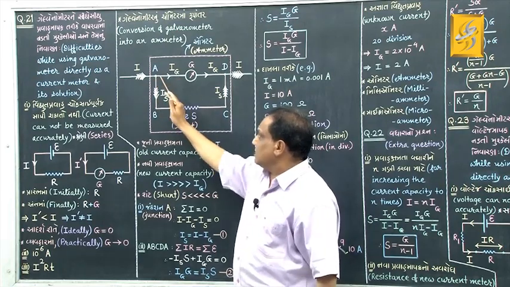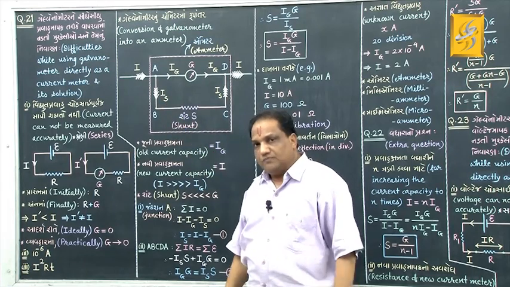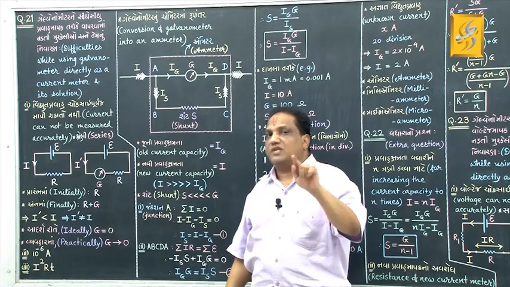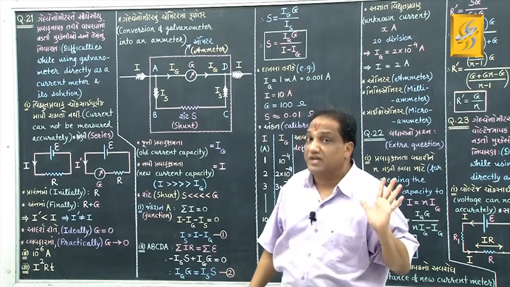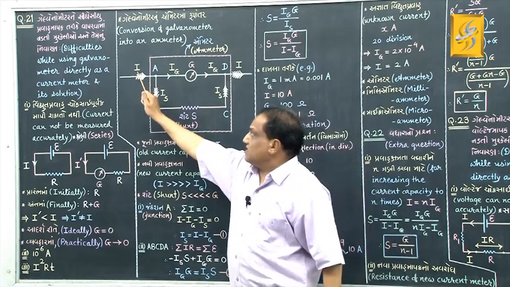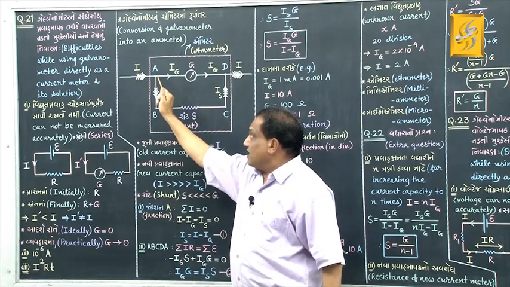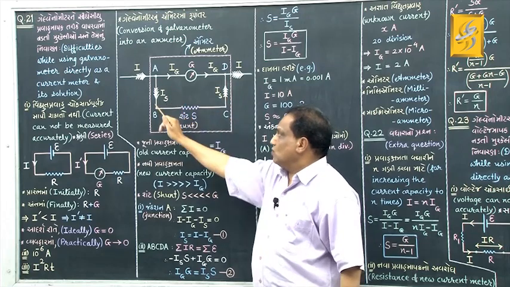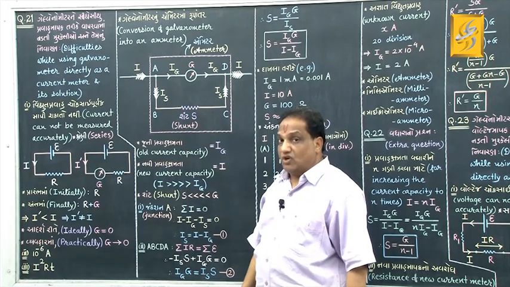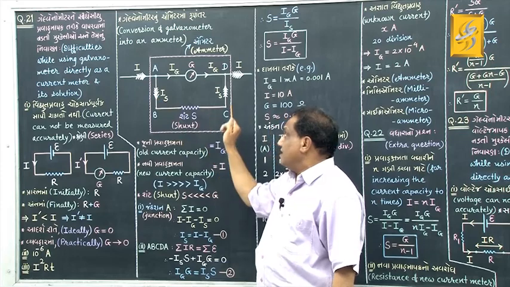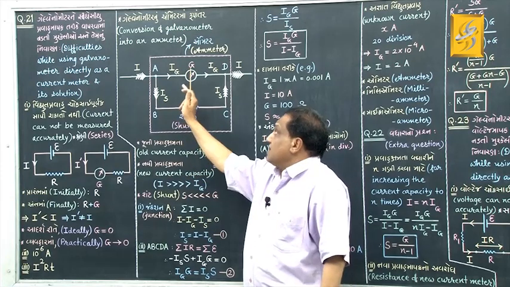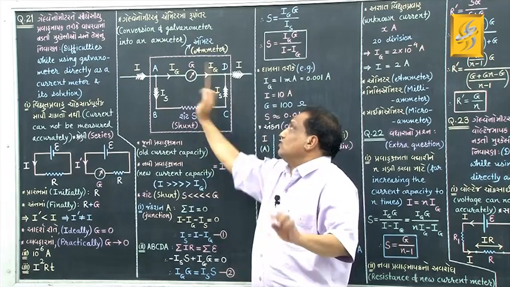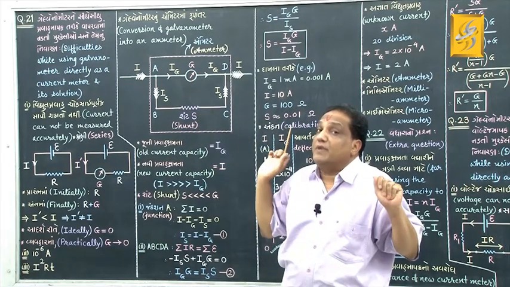One is this, another is this, correct? But you know, in whichever branch resistance is very small, through that branch current would like to flow the majority. So what happens out of this total current? The majority of the current is diverted through the shunt. It flows through the shunt, and because the majority of the current is bypassed this way, now the current passing through the galvanometer is very small, and